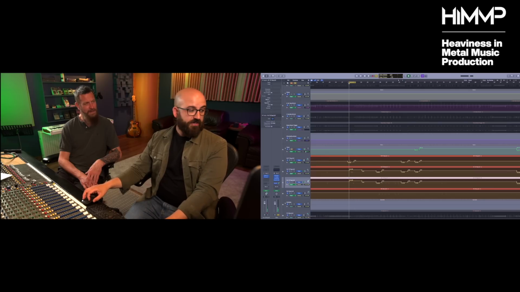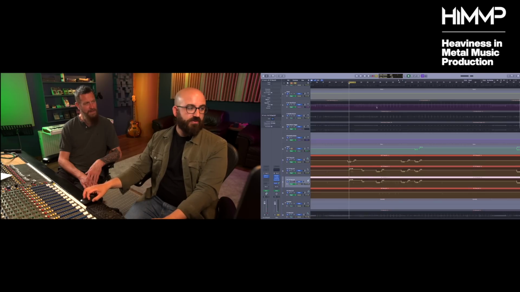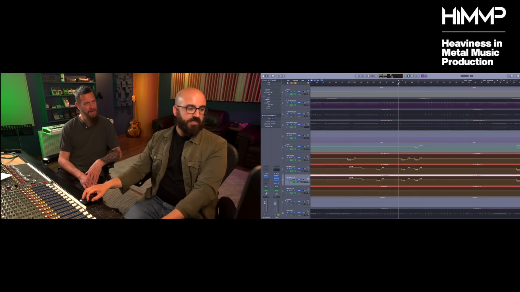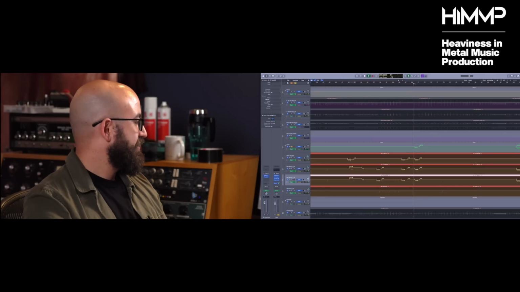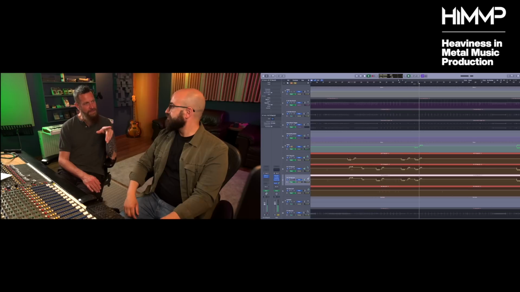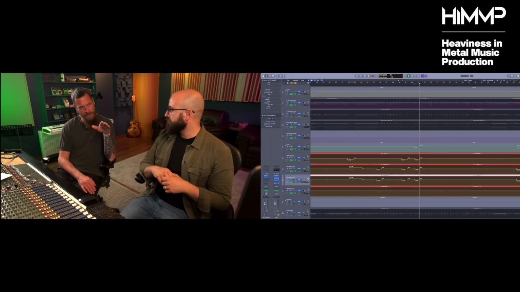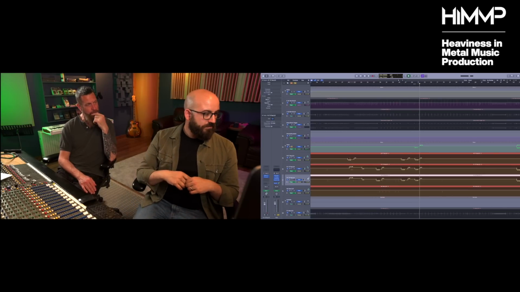You can still hear there's a fair amount of bleed coming through, but obviously he's playing pretty fast. That's more like what the toms sound like at their best to me, when they're being hit a little bit harder. Sure. Are you taking the reverb feeds from the individual toms or the tom sum?